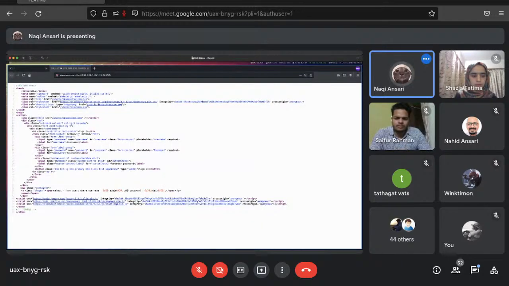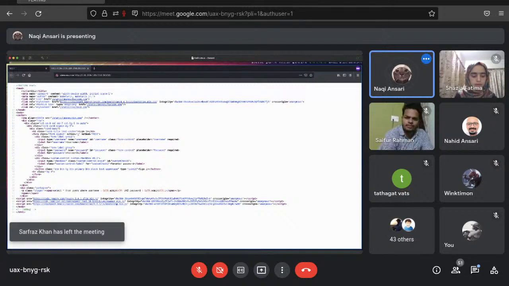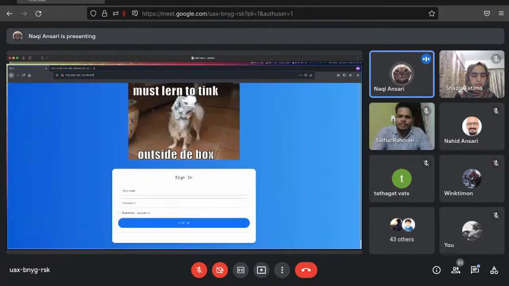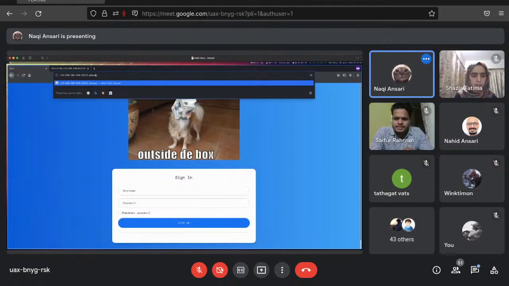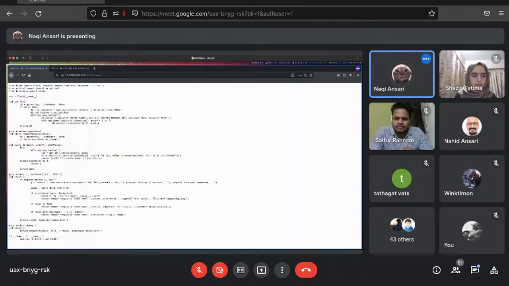In the source code we are given, we can see an SQL query over here, and we can see a slash debug. Some of the challenges provide you the source code of the challenge, and sometimes there's no source code provided, so you'll have to manipulate the database. Sorry for that disturbance. So we have the source code.